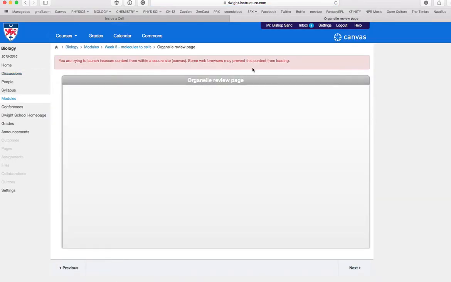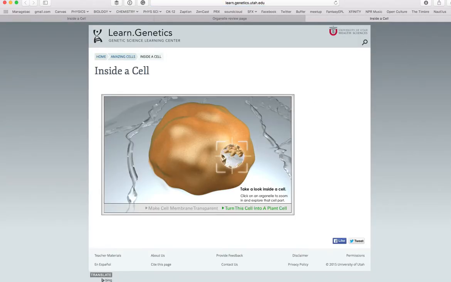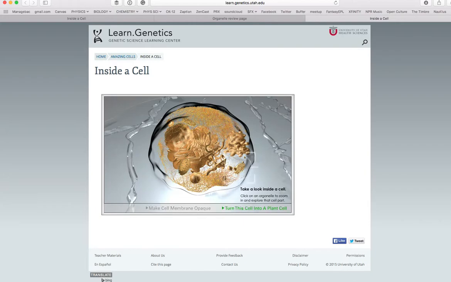Okay, so sometimes things don't work all that great, but you can still find a way around it. Like in this case, it says you're trying to launch something, and it doesn't work. Well, I'm just going to click on it. Okay. Oh, there we go. Great. Now I've got this cell in front of me. Lysosomes and other specialized vesicles. So now I'm going to make the cell transparent, so now you can see what